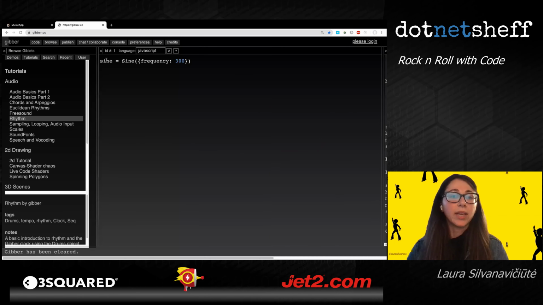Because I mentioned that we can change the frequency, but we can change the amplitude as well. So for example, I'm having it like here. I can change the frequency in this way as well. And amplitude,